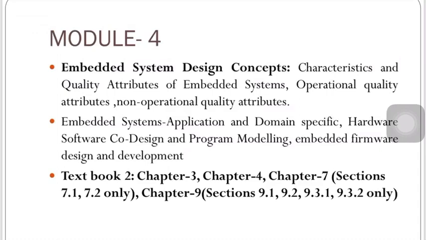Then we discussed the operational quality attributes, non-operational quality attributes, whether the embedded system is application specific or domain specific, and hardware and software co-design and program modeling. Okay, so we know that whenever we want to design an embedded system, we need to follow particular steps. If we know these things beforehand, it will help us to design that embedded system in a better way, right? So we first have to document what characteristics we are looking for in our embedded system,